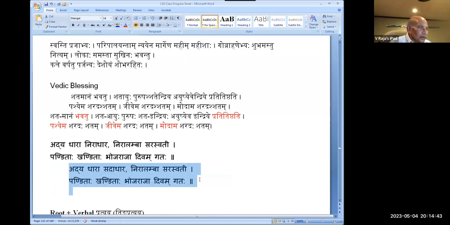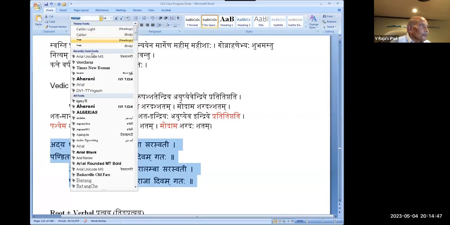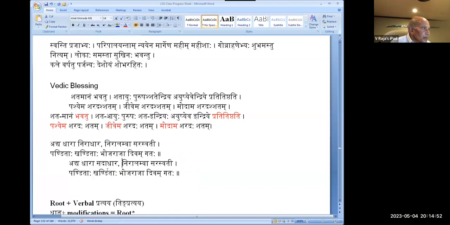Adyadhara, Sadadhara, Niradhara, Niralamba is there. Sadalamba. Always there is a Sadalamba Saraswati. Always Saraswati is